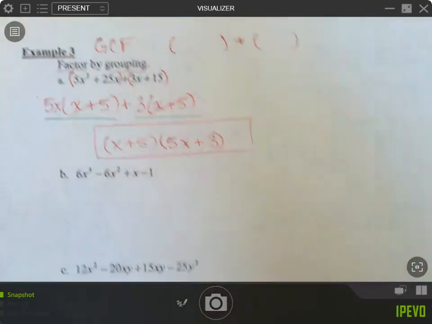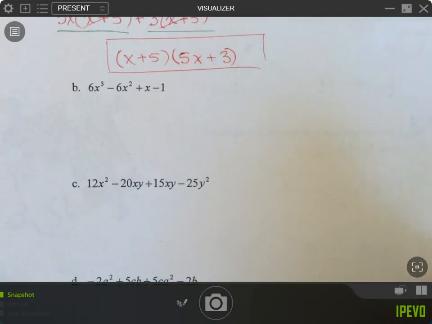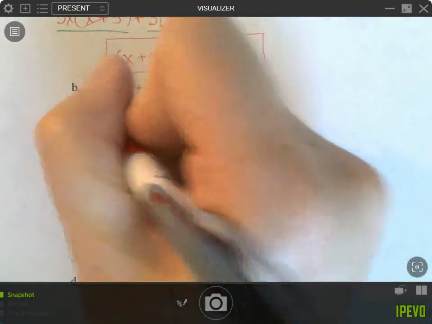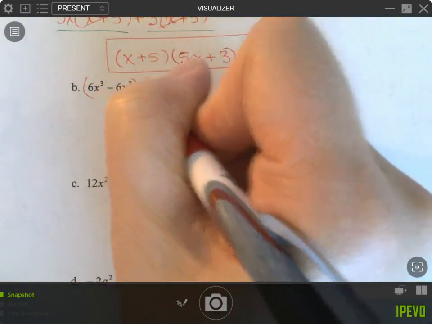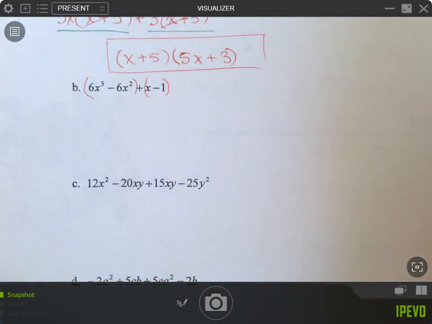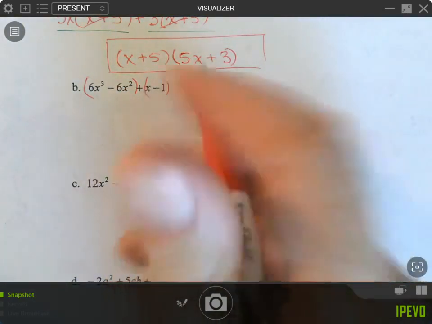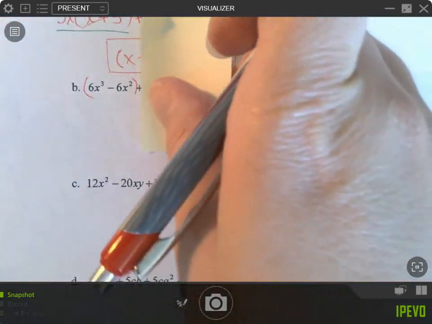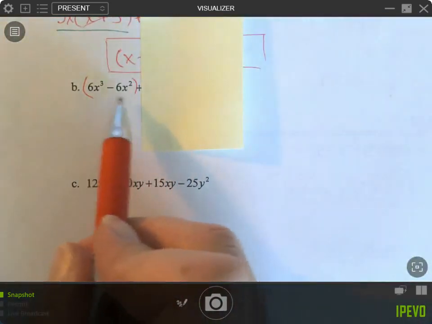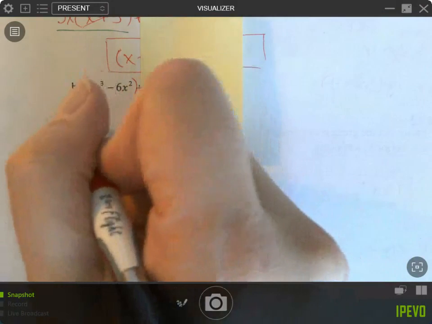Just a 1. So that's not going to change anything here. So the next thing I'm going to do once I look for a GCF is I'm going to group it. First 2, second 2, what always goes in the middle? Always a plus sign. Okay, if it helps you to focus on one piece at a time, what do these 2 have in common? 6 and